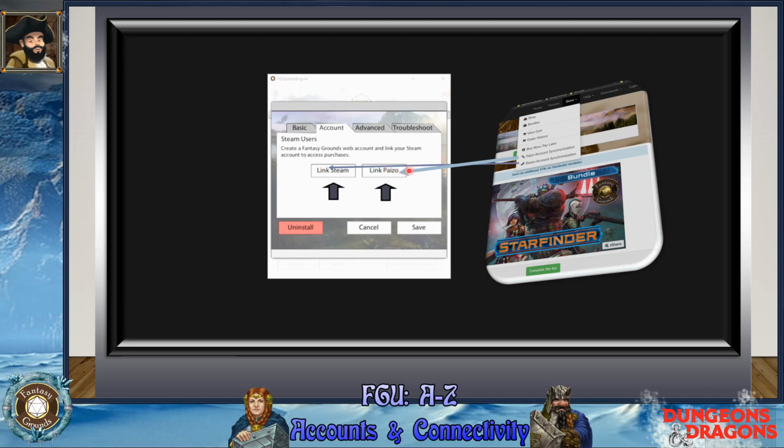Paizo is just a second party, third party publisher that publishes content that is directly related to a fantasy and sci-fi world setting. If you link your account with Paizo, if you've already purchased content on there, and this is not the hardback stuff, so this is only PDFs, digital content, it will synchronize with Fantasy Grounds, and we'll go through how to set that up. So this is basically all direct links to these particular sections to help you link your accounts up. So I'm going to go to the next slide, and this slide will actually kind of start going into the details.